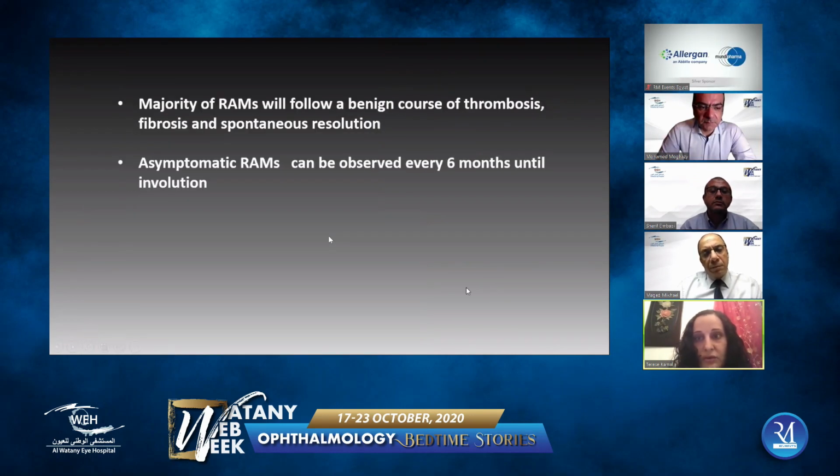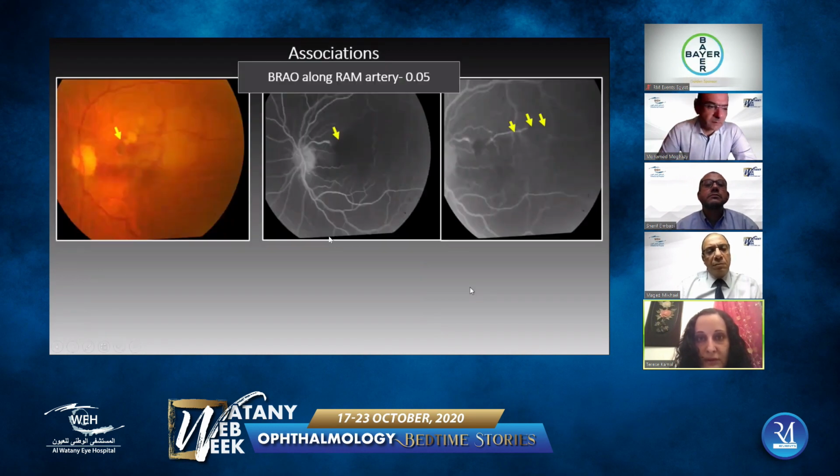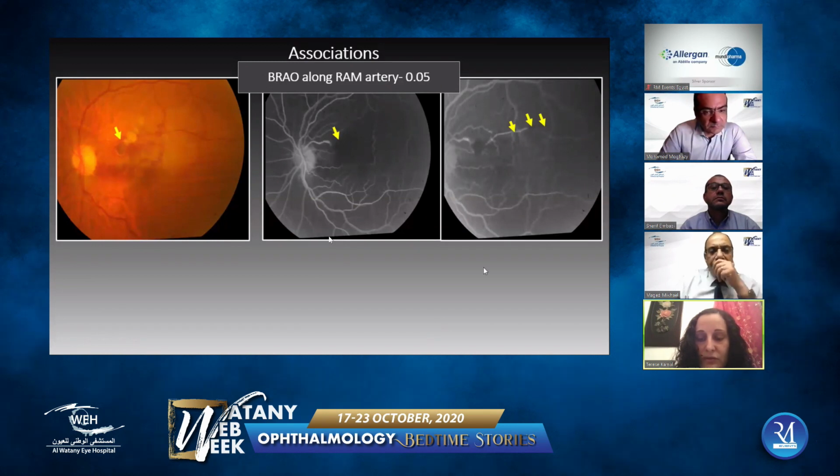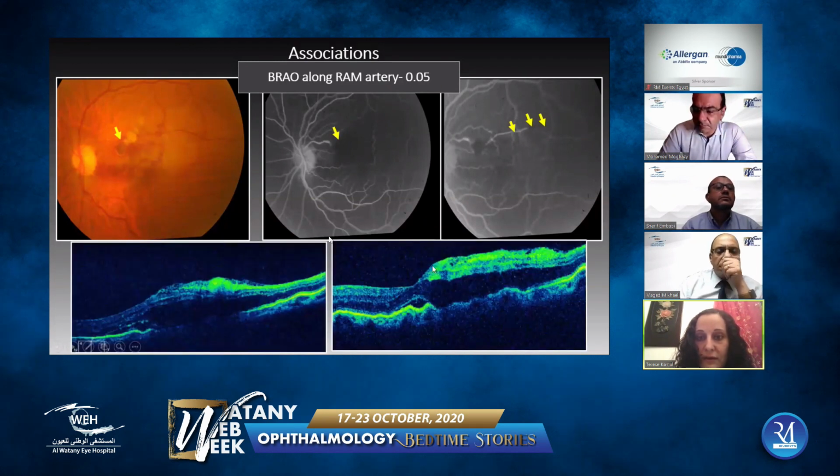The majority of patients will follow a benign course of thrombosis, fibrosis, and spontaneous resolution, and asymptomatic RAMs can be observed every 6 months until involution occurs. This is another patient, and this is one of the associations with macroaneurysms. Sometimes along the artery where the macroaneurysm has developed, you would have a branch artery occlusion. This is a patient who had a macroaneurysm and also a branch artery occlusion. We can see the delayed arterial filling,